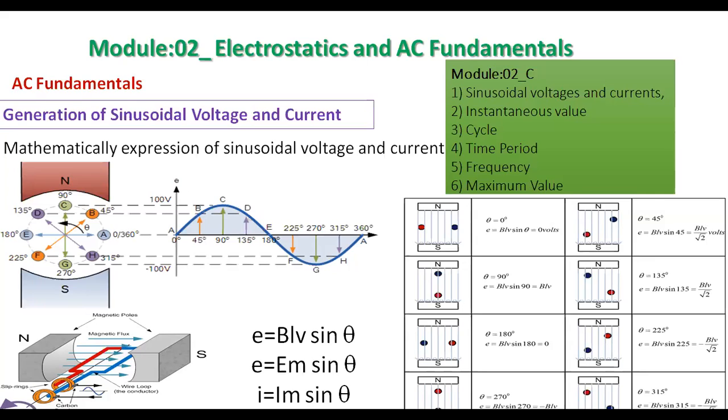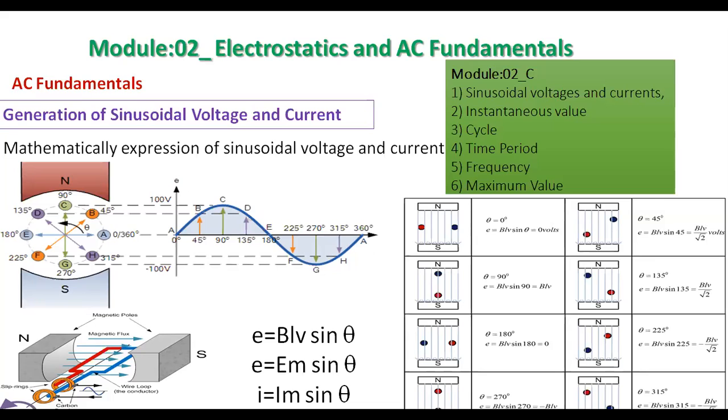Okay, so now when this conductor is rotated by some angle theta, let this angle theta be 45 degrees. During this transition from A to B, some magnetic lines of flux are cut by this conductor, and therefore according to Faraday's law, EMF is induced in that conductor. Let the magnitude be B. At 45 degree, this magnitude is given by BLV sine 45. Now see here, the EMF induced in this conductor is given by E is equal to BLV sine theta.